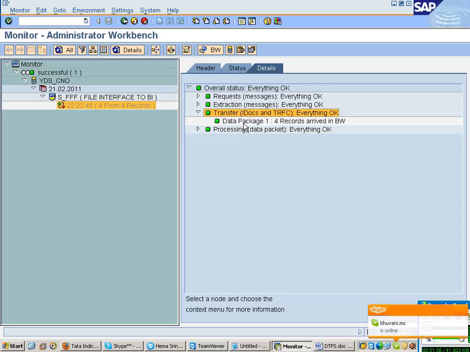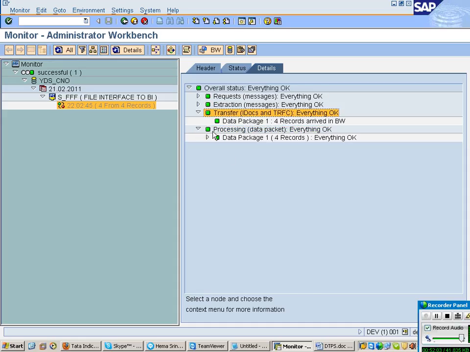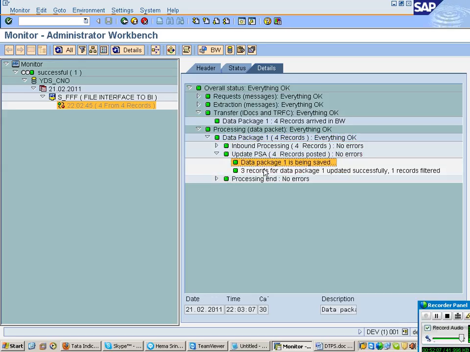So now transfer is also 4 records. Then finally, what is that now? Update. So while updating into PSA, out of 4, how many records are successful? You know, 1 record has been finished.